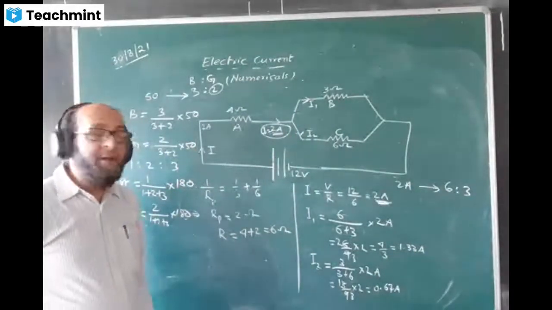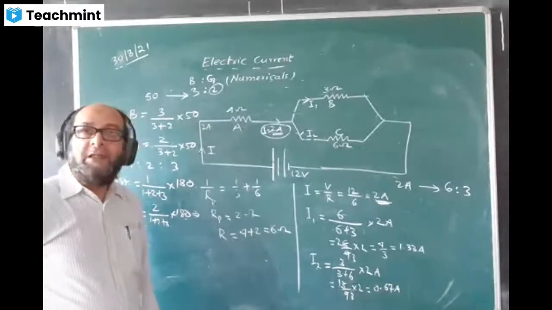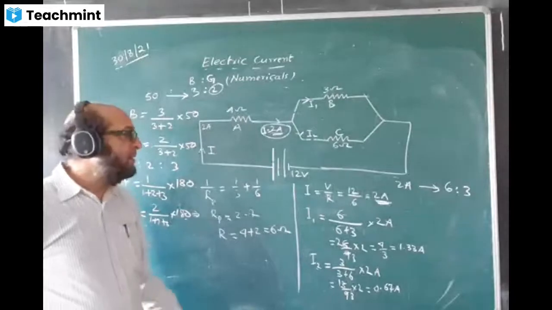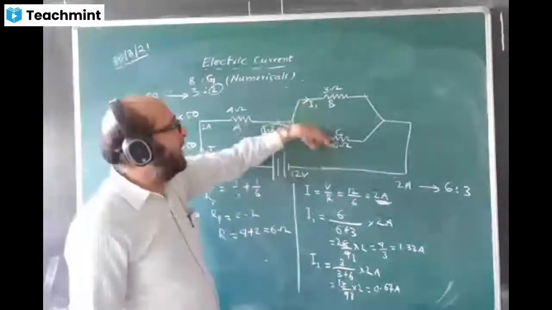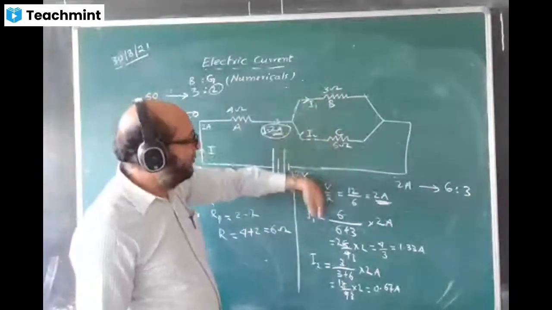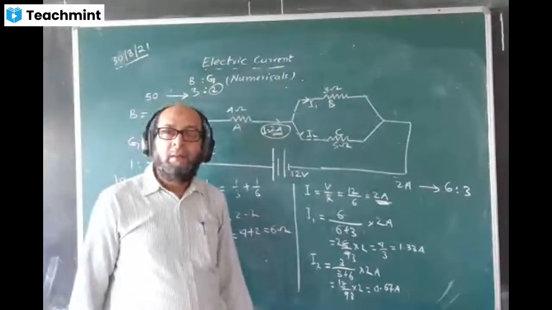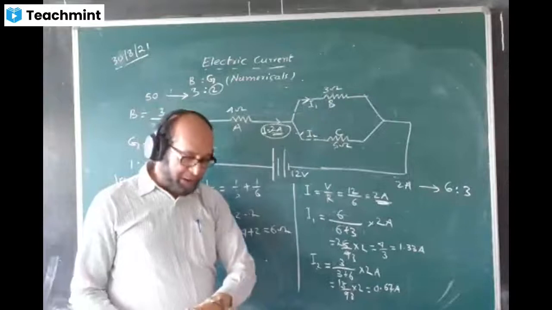This is the main logic behind it, but instead of going into the main logic, we can simply learn this: to find I1, we start from here, 6 or the sum of these two, into the total. That's it. I hope you understood it. Any more clarification or explanation?